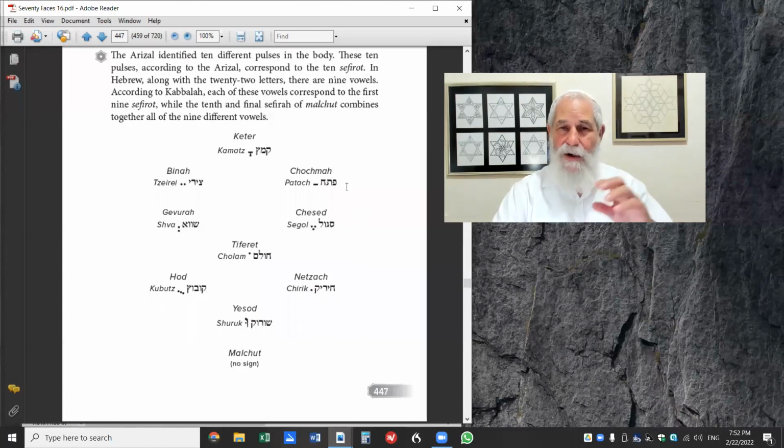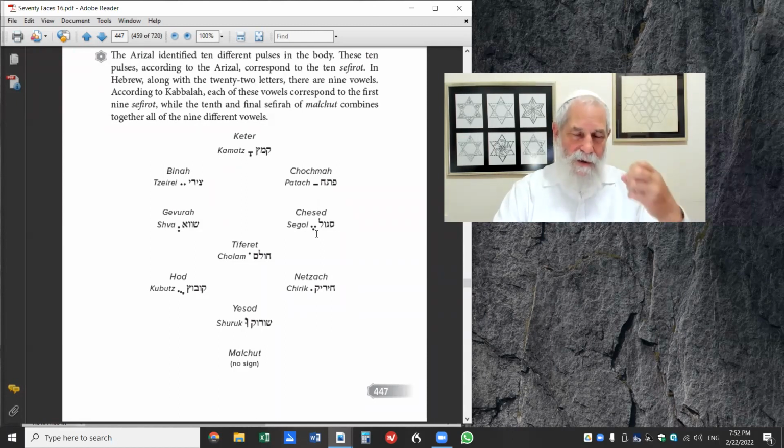And here, according to Kabbalah, this is a very old tradition, how the vowels are connected to the different Sefirot. We're not going to go into it, but for those who delve very deeply into the words and the letters and the Sefirot of the Torah, the vowels are extremely important,